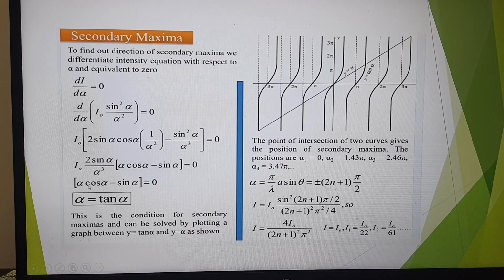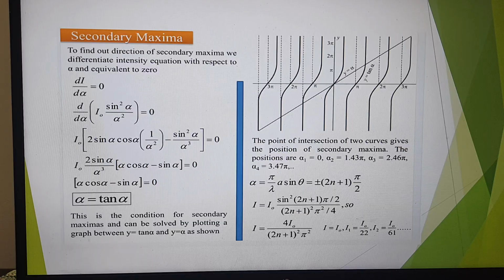So alpha cos alpha minus sin alpha equal to 0. Then cos by sin, that will be tan, so we get tan alpha equal to alpha. Okay, this is the condition